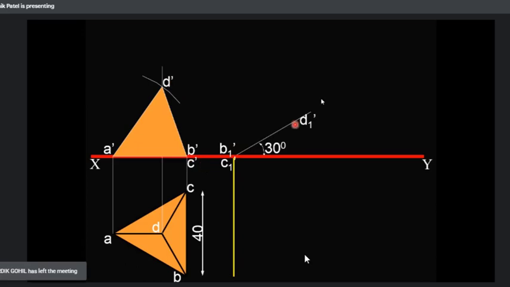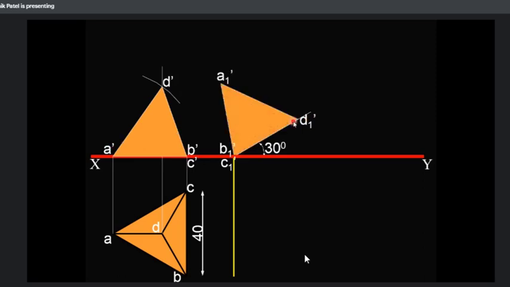So we will first draw the 30 degree inclination line, then mark B dash, D dash, C dash on the XY line. Then we will take a radius of B dash to D dash and transfer the B dash, D dash line. After that you will transfer the whole shape. Clear? So step number 3 is completed. Rearrange your elevations at theta degree angle. Understand?